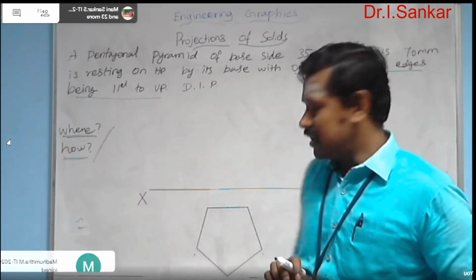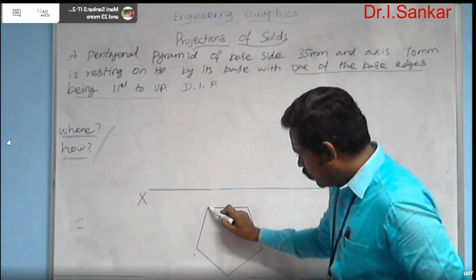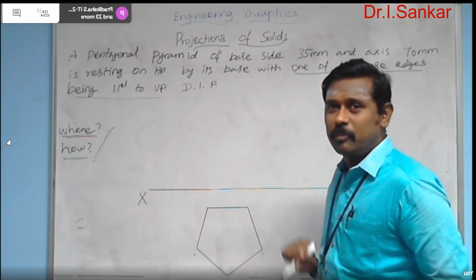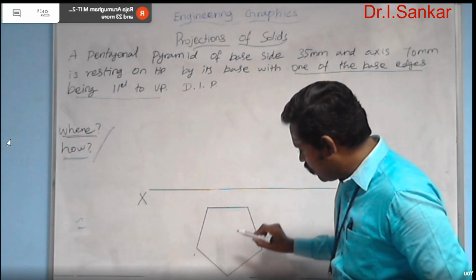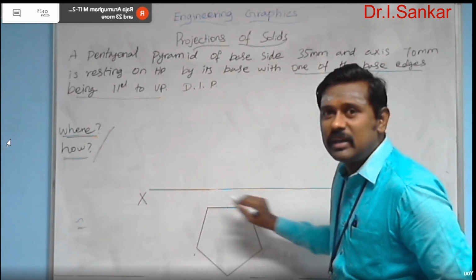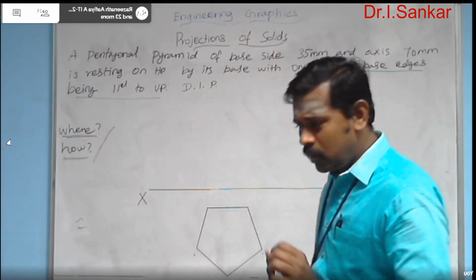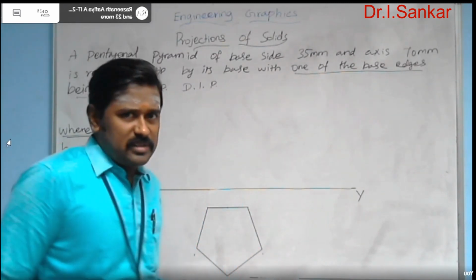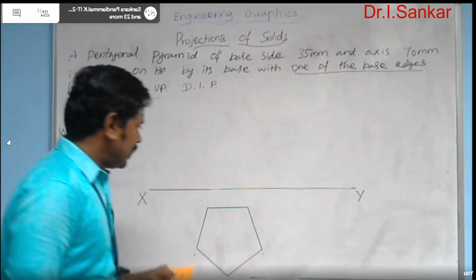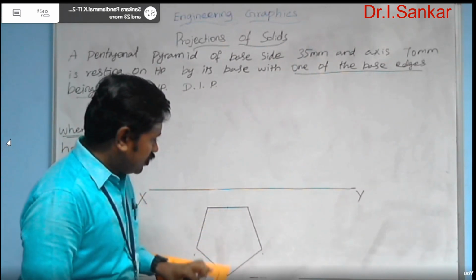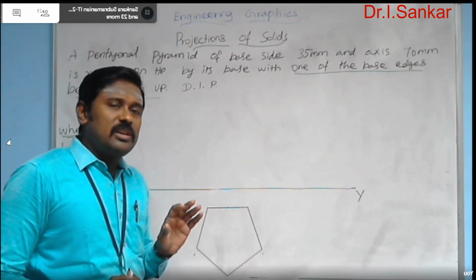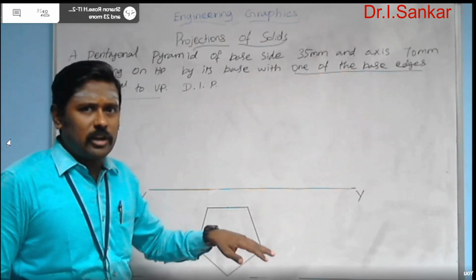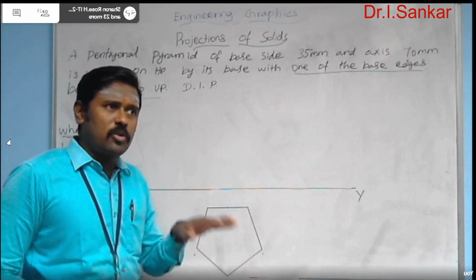Okay, 6 corners. Now you can mark 1, 2, 3, 4, 5 corners. And what about the 6th apex point? For that, you need to mark the center point of this pentagonal surface. And how to mark the center point of the pentagonal surface? A systematic way is there. Let me give you about that. So that can be very much easy by using your drafter. Okay, by using a drafter. Number of methods are available. One method I will give you, which is more proven one.